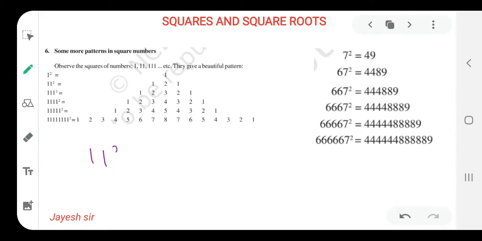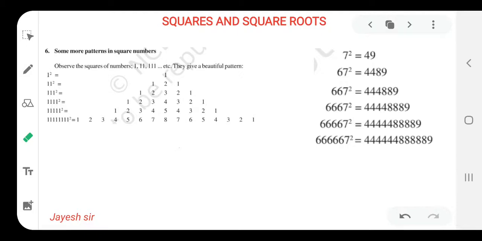So we have skipped 11 square because 2 ones are there. So 1 first floor, 2nd floor, then back to the 1st floor. I hope you all might be getting it, friends. And in 1 square we know that the answer is 1 only, because the maximum number of ones in the question is 1, that's why it is 1 only. In this way the pattern is to be followed.